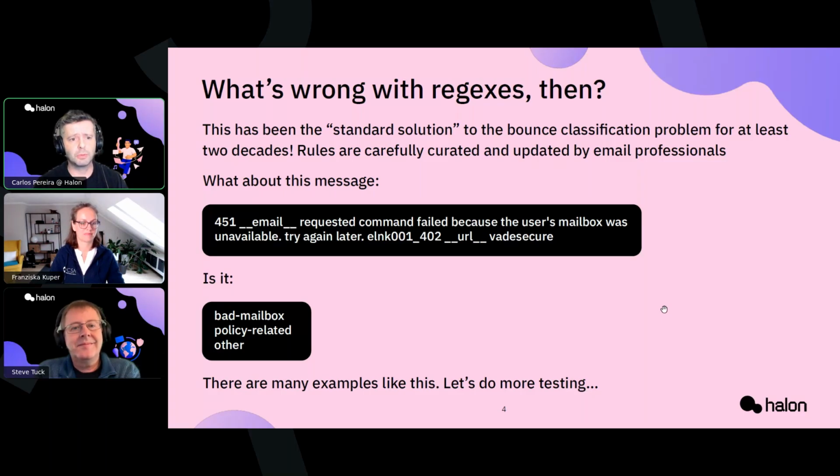The problem with regexes, right? There are 3 main issues. Regexes are hard to write. If you don't want to take more resources than needed, they are prone to errors. We write them while looking at one bounce message at a time without seeing all the 1,000 others that it will match on. And third, they are hard to maintain. Too much complexity, so many different cases to keep in mind when you are changing a single one of them.